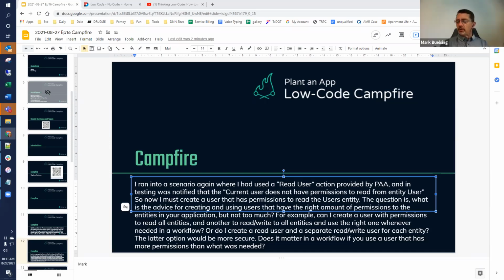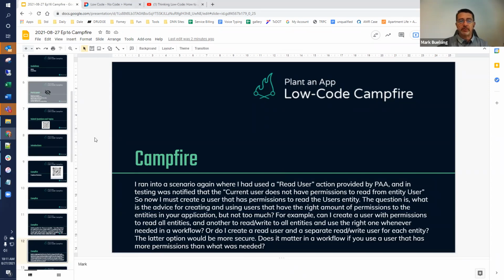Okay, but the follow-up question would then be, assuming the scenario where we did load a user that had more permissions in order to do some fancy thing we're doing, if the rest of the actions in that workflow operate now under that user, is there a chance at all that a malicious user can sneak into that action list or modify an action further down in the list? Not really, because it's in your control, right?